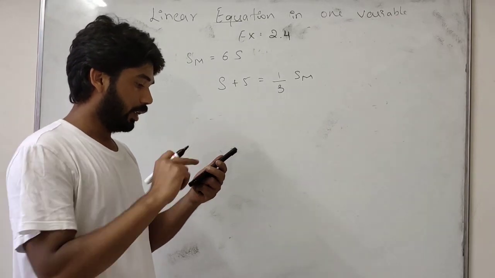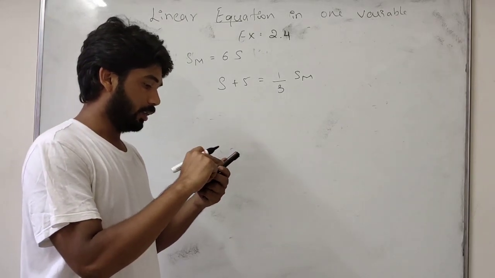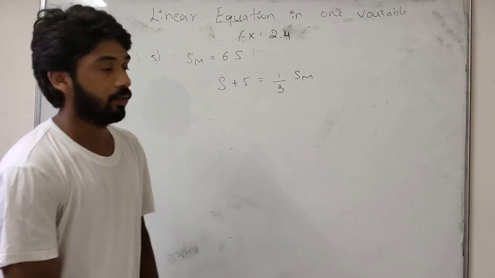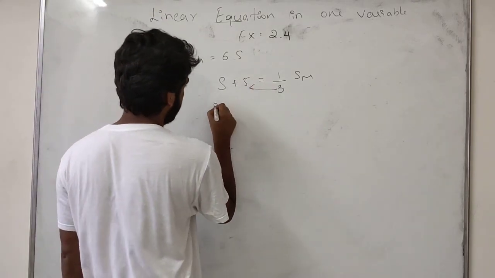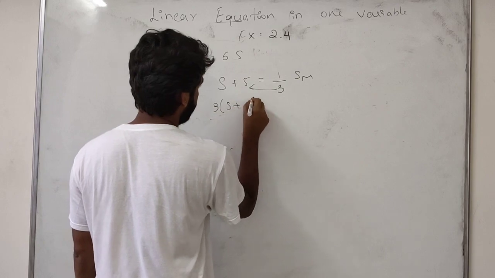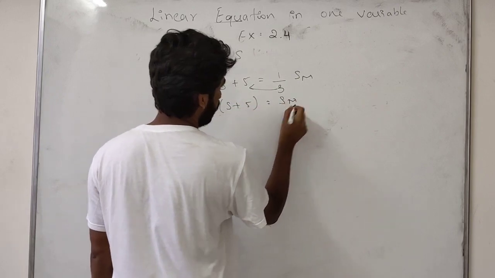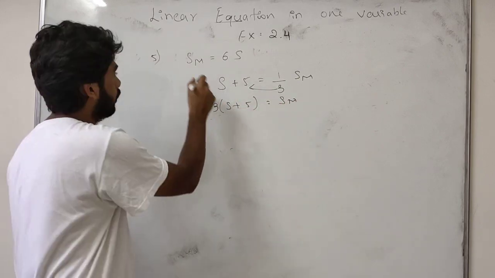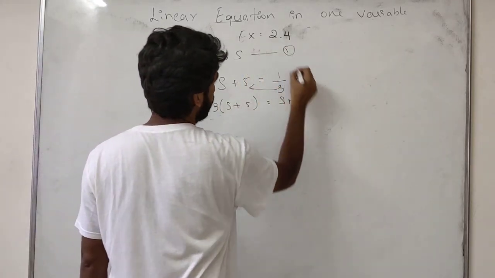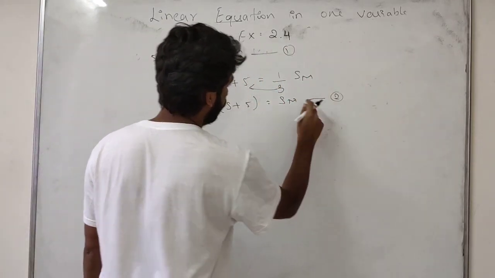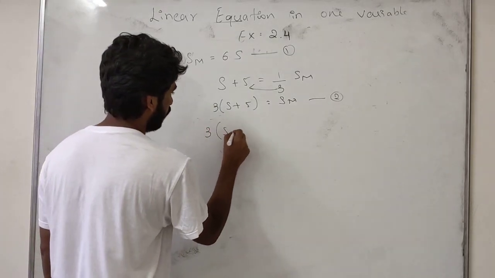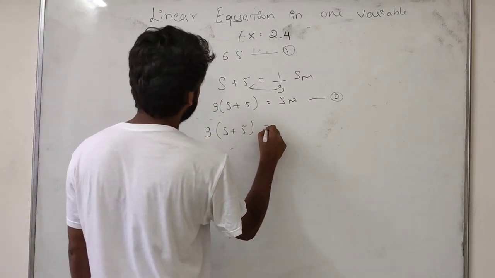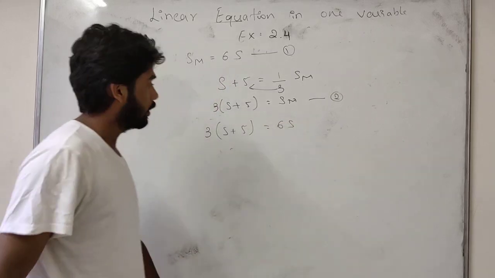What are the present ages? So we have to solve it out. So I will take 3 here, and I will get 3x plus 5 is equal to Shobha's mother's age. I will substitute Shobha's mother here. Take this equation, this is equation 2, and put it in equation 1. Shobha's mother means 3x plus 5 is equal to 6x.